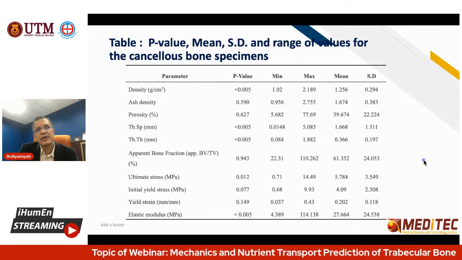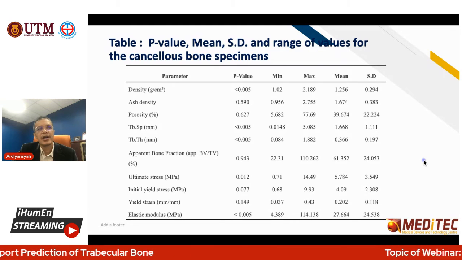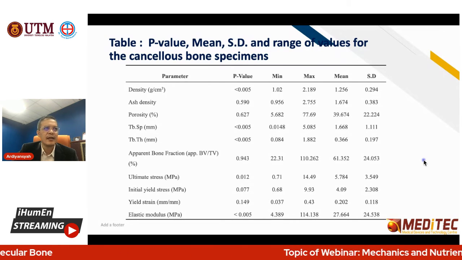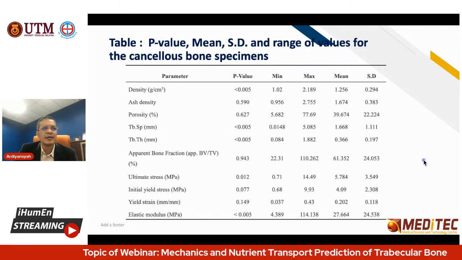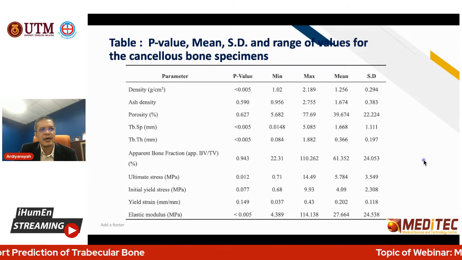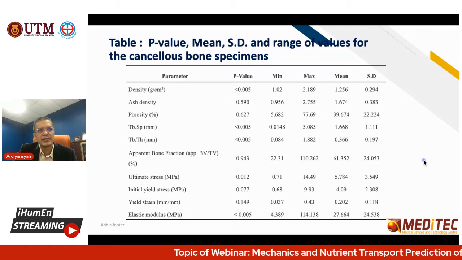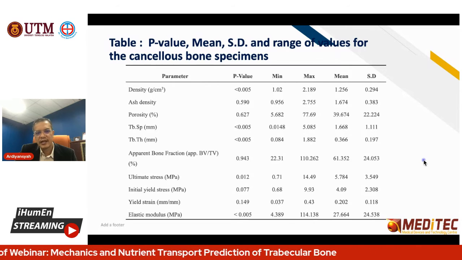Okay, this one is an example. After you scan and study everything, you have analyzed all the microarchitecture. Let's say the density, the edge density, the porosity, trabecular separation, trabecular thickness, and volume fraction. Then after that, you can also check the ultimate strength, initial yield strength, the yield strain, and the elastic modulus. Then after that, you can study